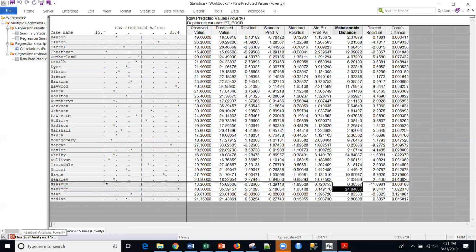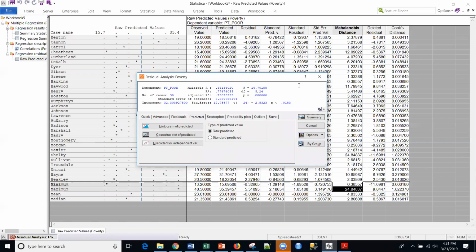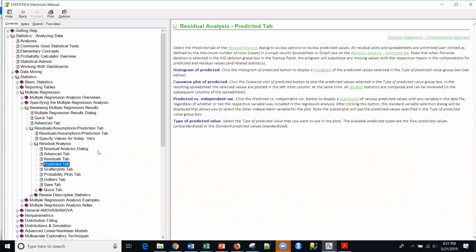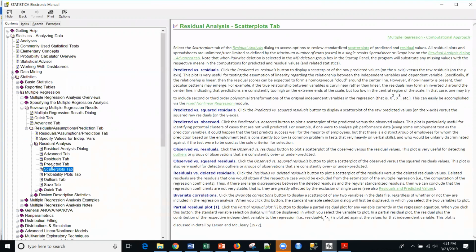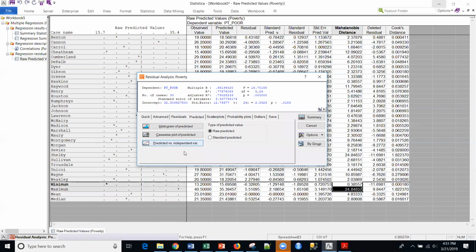So I won't go into any more detail. You can always get the help, and you can look at what these different items do within Statistica. The best way to learn is to play with this, and I will see you next time